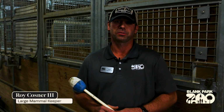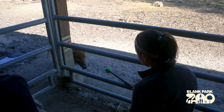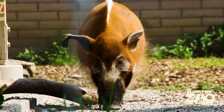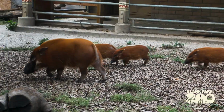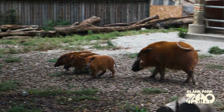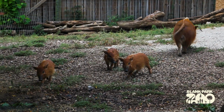We're here at Blank Park Zoo in our hog barn to look at what goes into taking care of not only the adult Red River hogs, but a family of piglets as well. Our adult female's name is Truffle, and our adult male is Shallot. Following suit with those names, we have our three piglets, Chive, Basil, and Blossom, and they're just